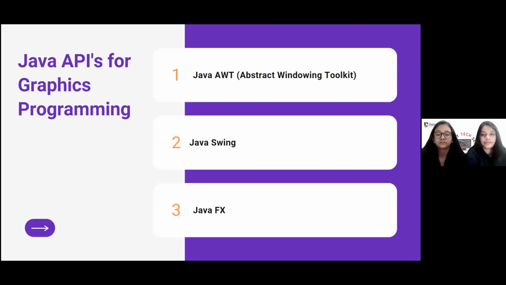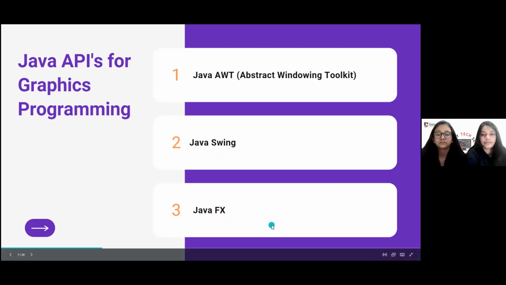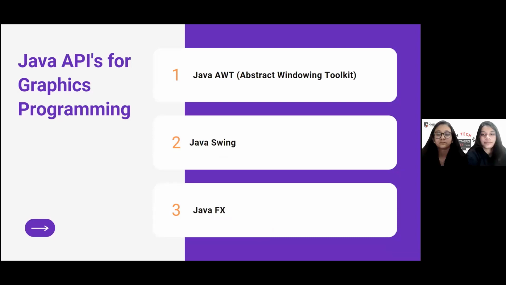It was introduced as a part of Java Foundation Classes after the release of JDK 1.1. And the latest, JavaFX, which was integrated into JDK 8, was meant to replace Swing. JavaFX was moved out from the JDK but is still available as a separate module.